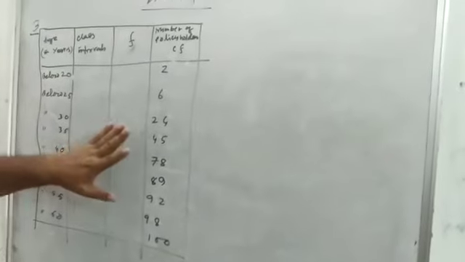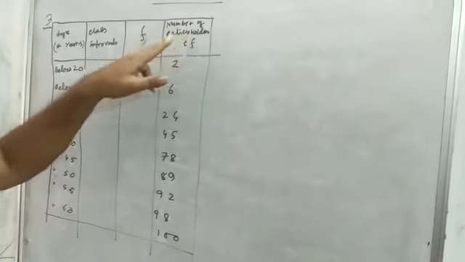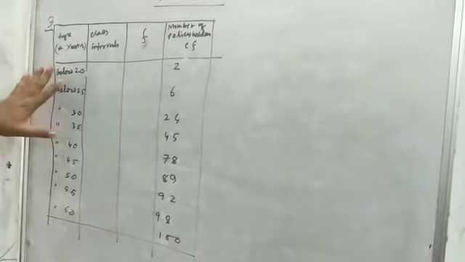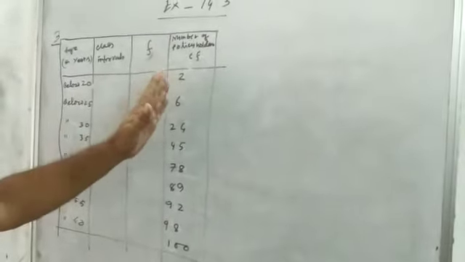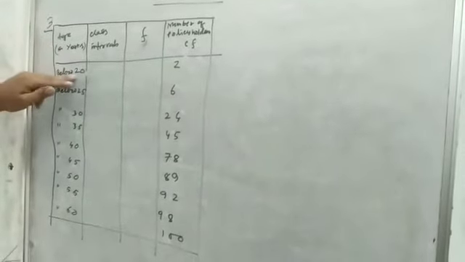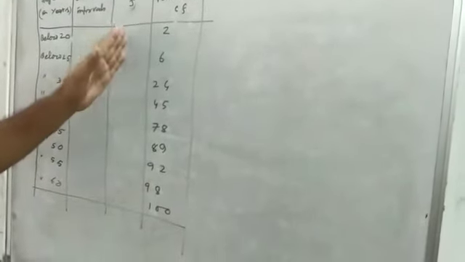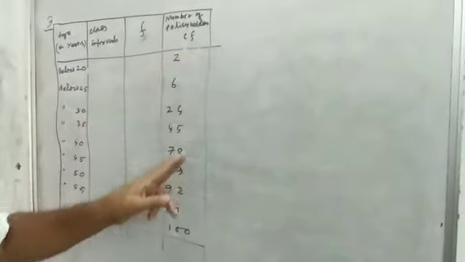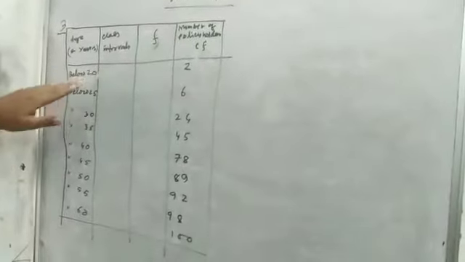Then you see there are two problems here. I have written the same table here, age in years, and it is given the number of policy holders. Now since it is given below 20, below 25, below 30, this data is not the frequency, remember. If either below or less than is given, then whatever data is given, don't think it is the frequency, it is CF. So I have written it in the CF line. Is that clear? You have to remember this. Then we have to find the class interval according to this, and we have to find the frequency.